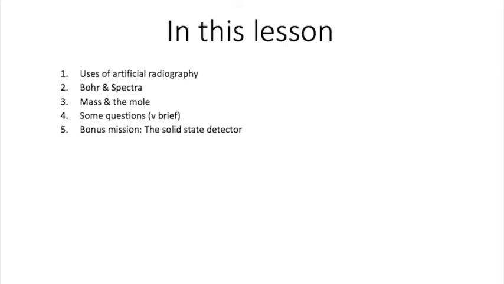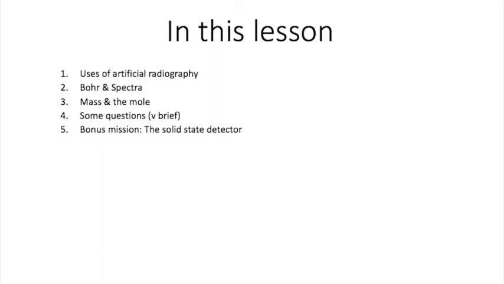In this lesson, we're going to finish up looking at the atom, nucleus, and radioactivity. We're going to start by looking at some of the uses of artificial radiography. Then we're going to have a look at Niels Bohr's contribution to how we interpret the atom. Then we're going to have a look in a little bit closer detail at atomic mass, and in particular, we're going to introduce a new unit, the mole. After that, I've got some questions for you guys to try, and then we're going to finish with kind of